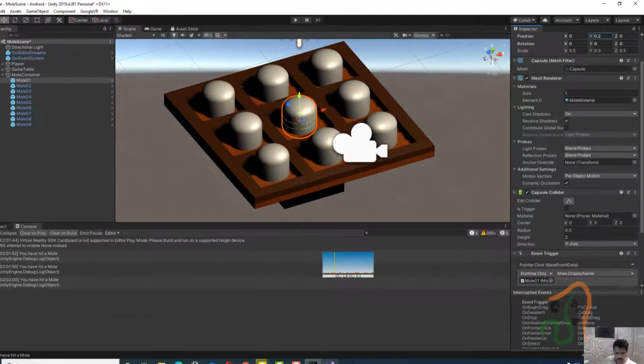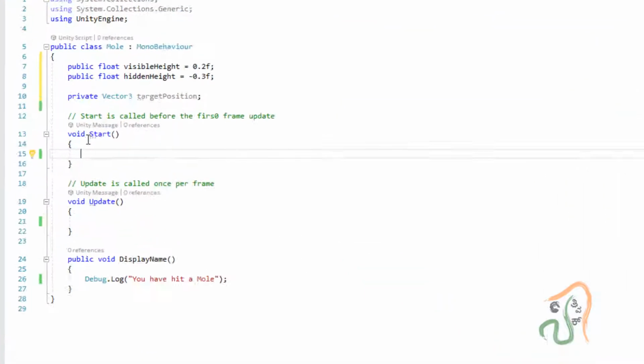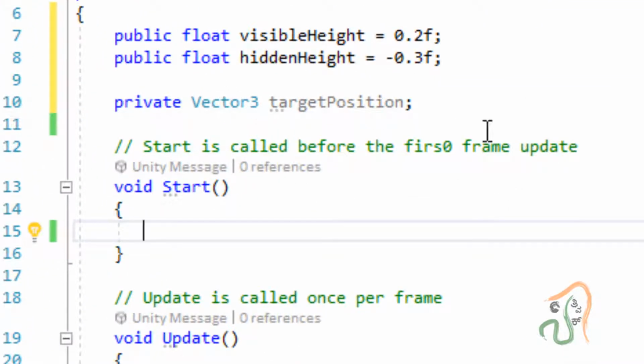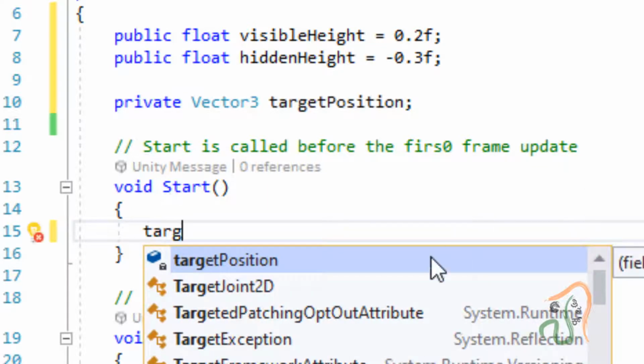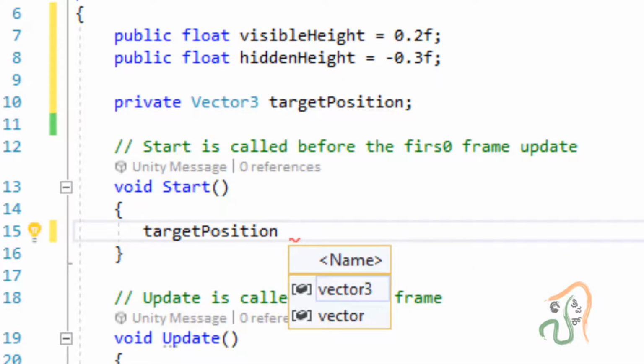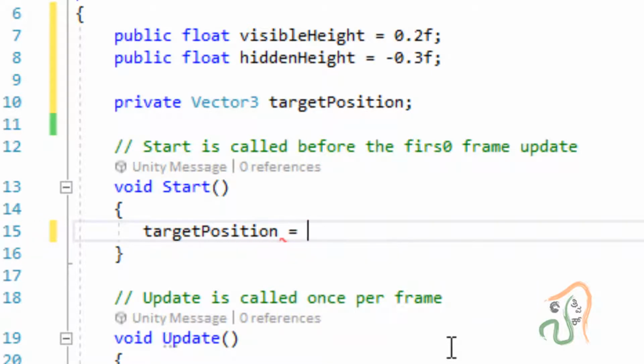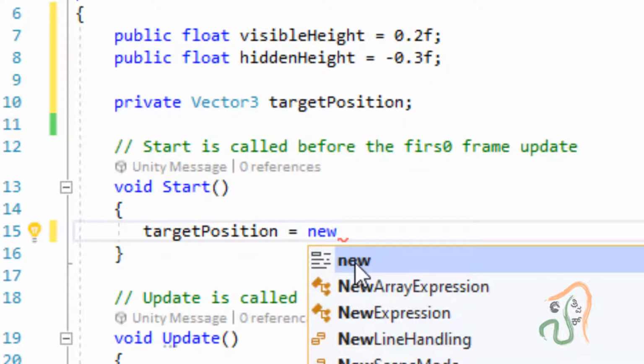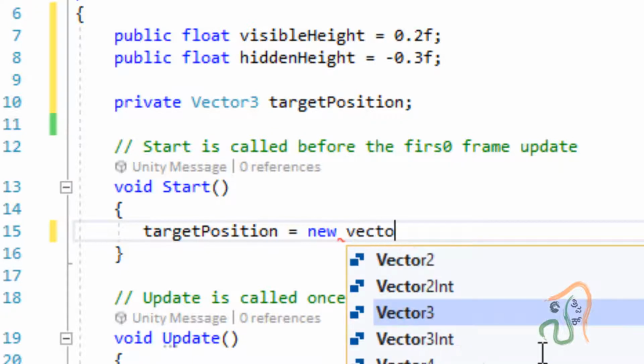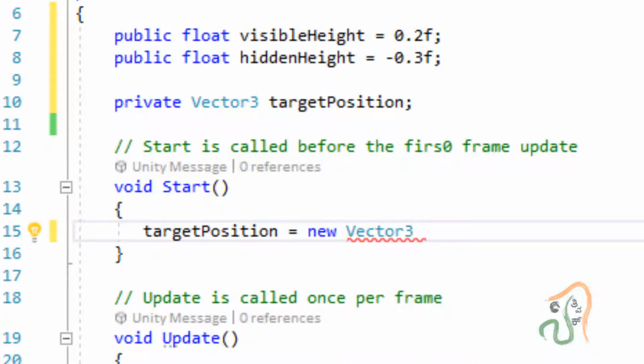Now come back to Unity here, and when the game starts, this target position variable, which is a Vector3 variable, will be equal to new. We are going to choose new, and it will be a new Vector3. And for Vector3, you already know we have to declare three values in open close brackets. Inside this open close bracket, we have to give three positions, that is x position, y position and z position.